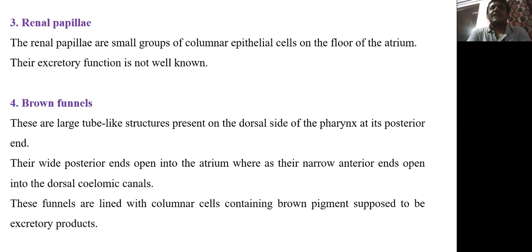These funnels are lined with columnar cells. These brown funnels are lined with columnar cells, and these columnar cells contain brown color pigment which is supposed to be the excretory product. So this brown pigment is supposed to be the excretory product. So these are the various excretory parts found in Amphioxus, and this is about the excretory